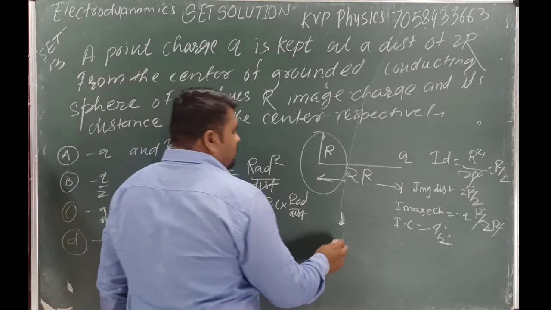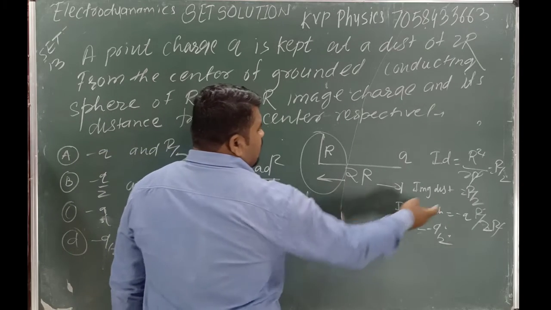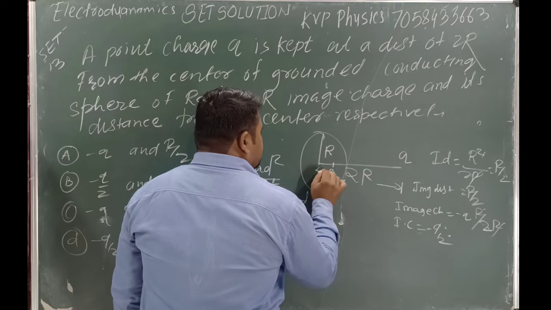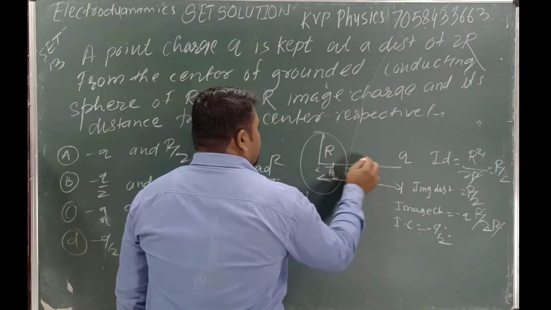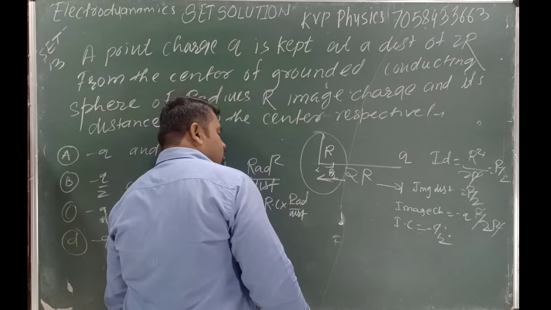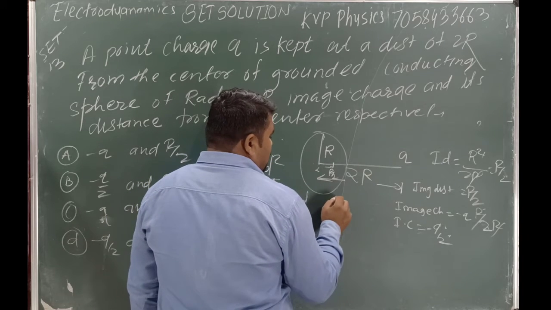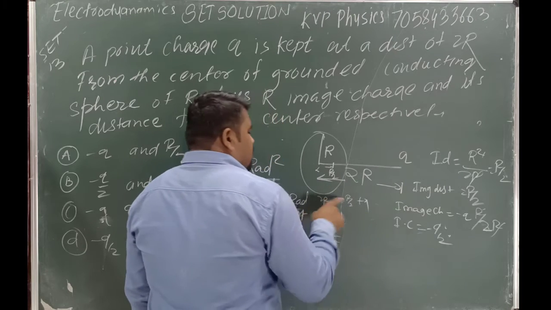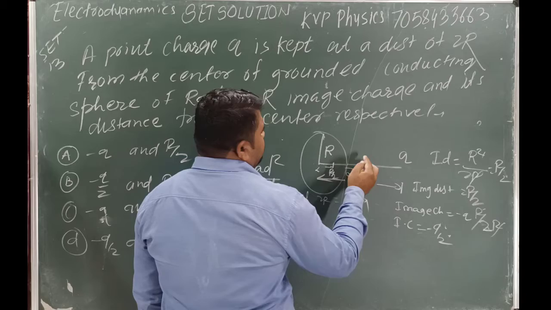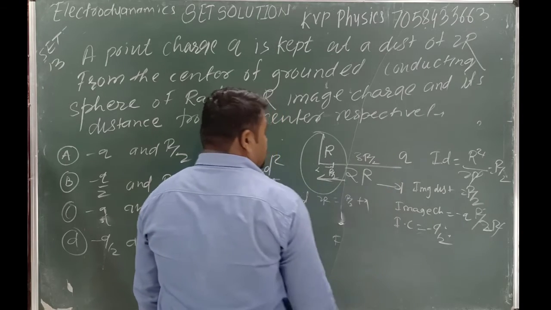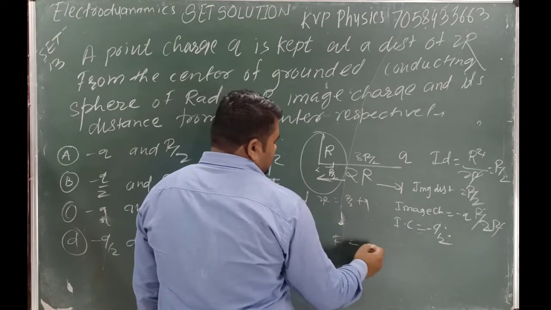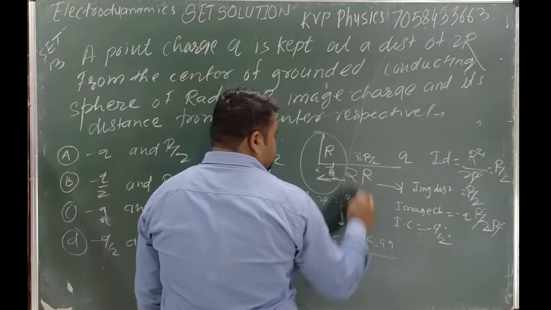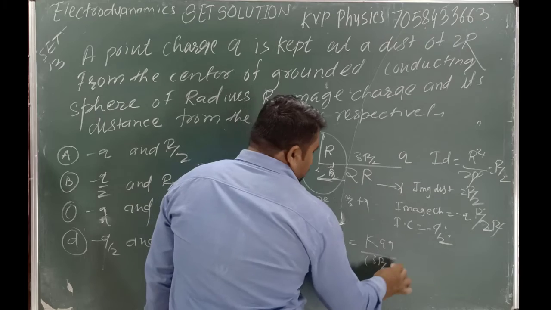Okay. Next we can find out the force. Where can we place this one? R by 2 distance. Placed at this distance r by 2. This is the r by 2 distance from this to this one. Then what is the remaining distance? Okay. How to find out this one? 2r equals r by 2 plus x. What is the value of x? 2r minus this one. This is 3r by 2. Sometimes they ask what is the force here. Then this is equal to how much? k, first charge q, second charge q. What is the distance between them? 3r by 2 bracket square.